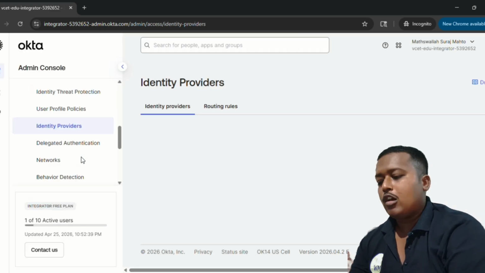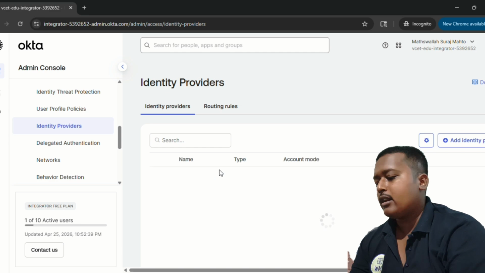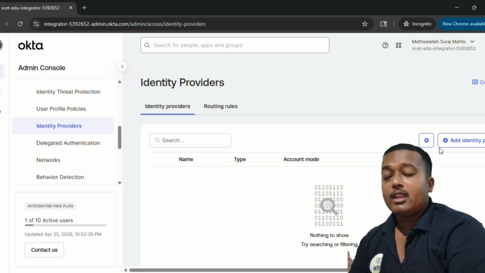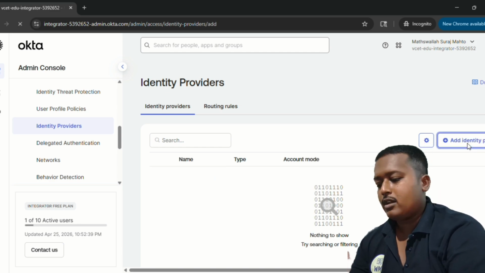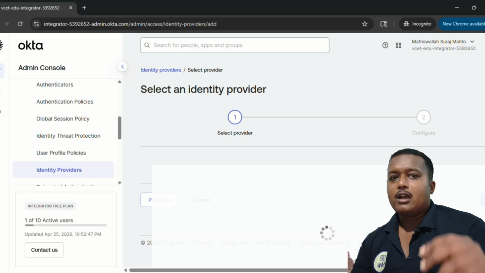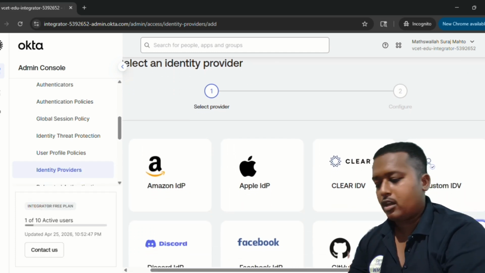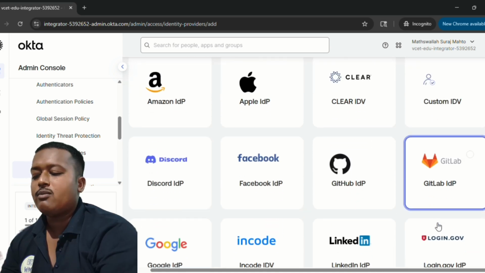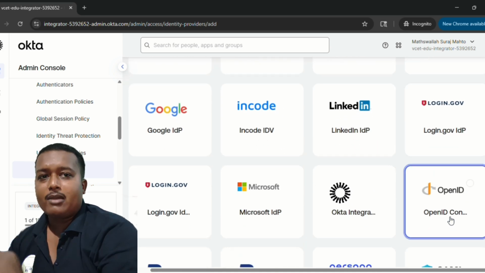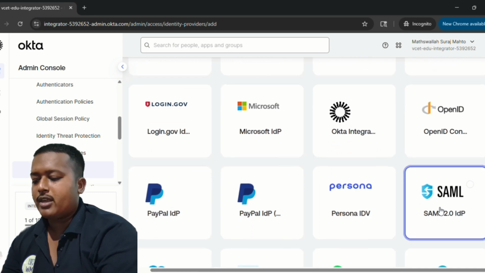MFA and more can also be configured here. Another important section that we are going to cover in upcoming tutorial videos is Identity Provider, in which we can create OIDC and SAML setups, where Okta acts as the service provider and our application acts as the identity provider.